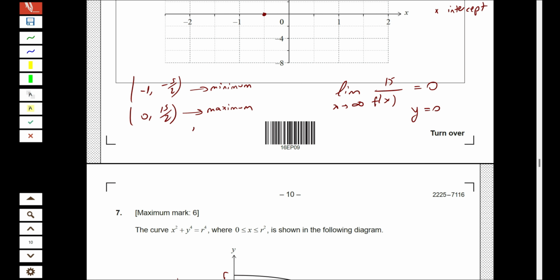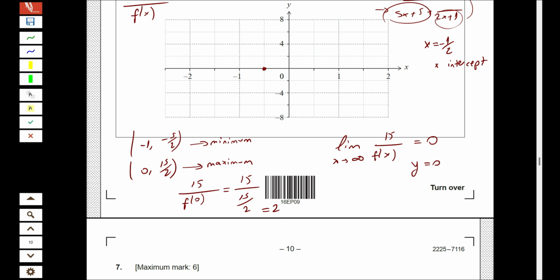Which means if you substitute, for example, 0 into the function, it is 15 over f of 0, 15 over 15 over 2 equals 2. From the other side, 15 over f of minus 1 equals 15 over minus 5 over 2. It's going to be